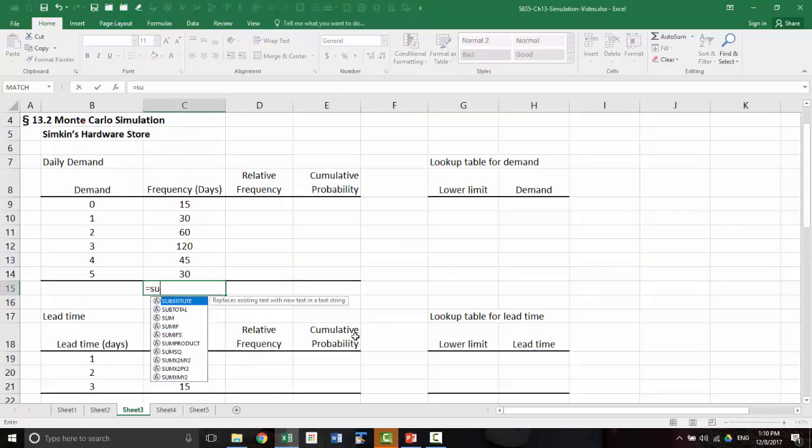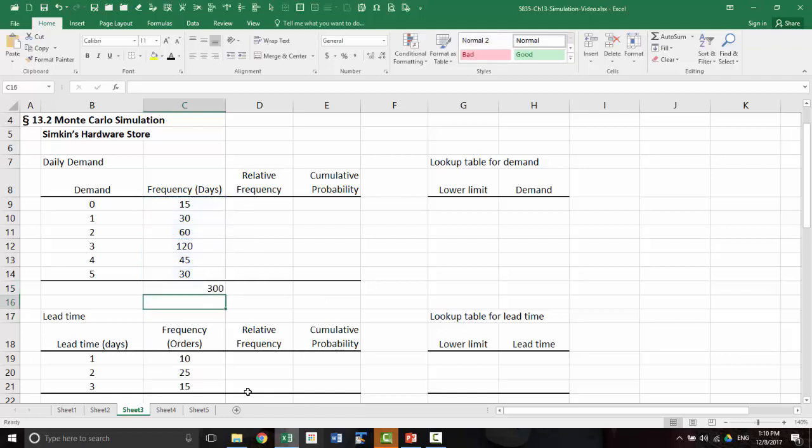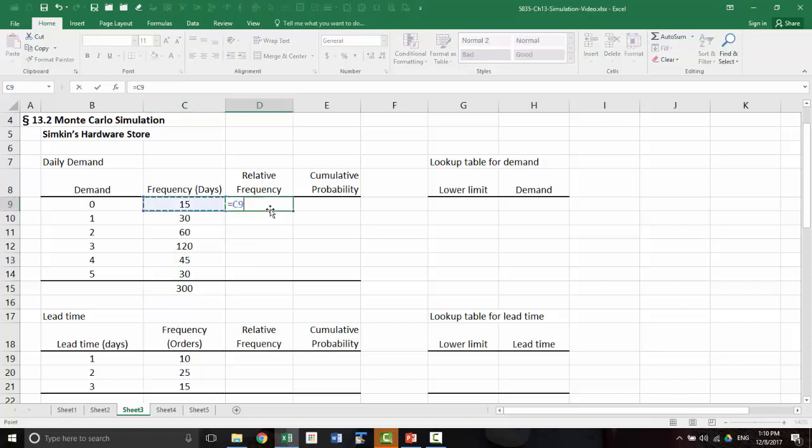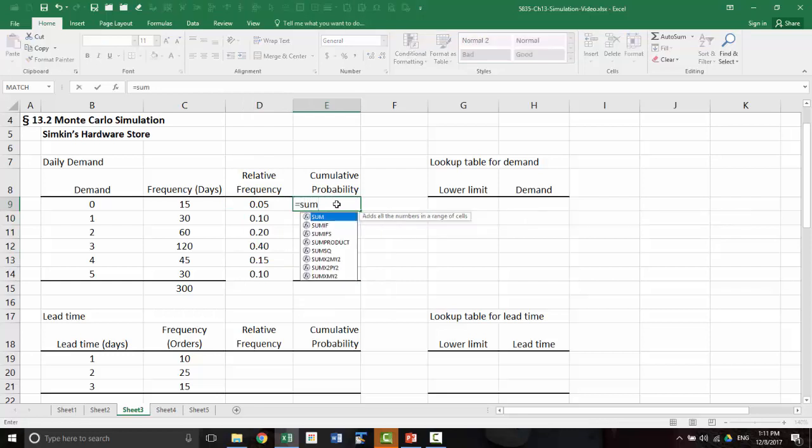So we do a sum of this, and then relative frequency will be frequency divided by the total, and you have to absolute reference that, and copy, and that will give us the individual probabilities, a relative frequency, and the cumulative probability is you sum that with